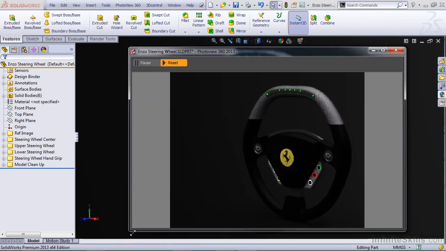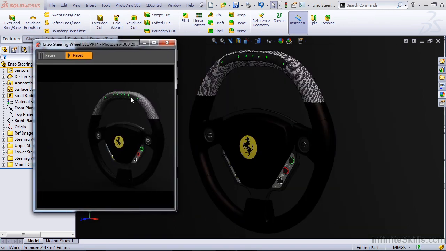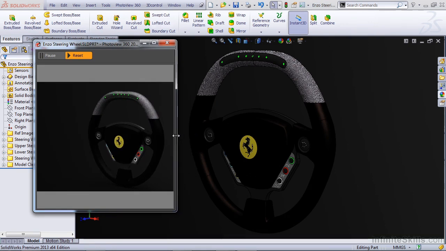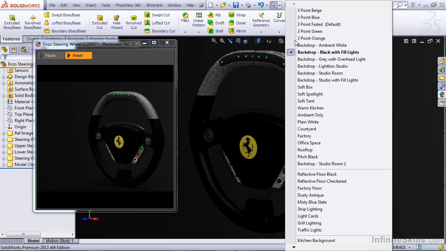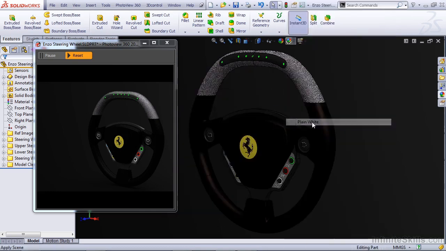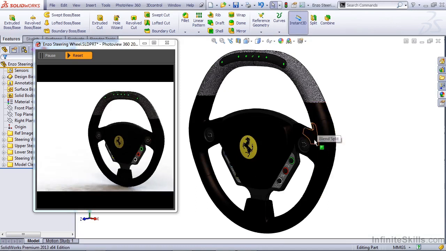Another tip is to make your preview window smaller. The smaller the preview window, the less the rendering has to do. So you can see that our image is actually offset to the right-hand side with our camera, but the image looks fairly good. With the exception of the light, it's fairly dark in the scene and it's really hard for us to see detail. So from our drop-down option here, I'm going to select a much lighter scene, such as plain white. That'll give us a little bit better idea of our curvature, but we are dealing with black parts, so maybe we need to add some lights in the scene